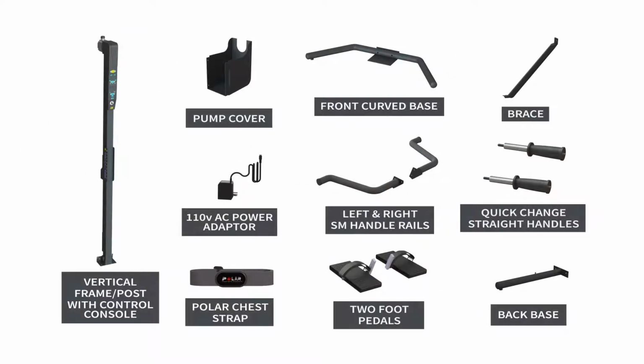One vertical frame post with control console, one polar chest strap, one 110-volt AC power adapter, the pump cover, one front curved U-base, left and right SM handle rails, two foot pedals, one brace, two quick change straight handles, one back base,